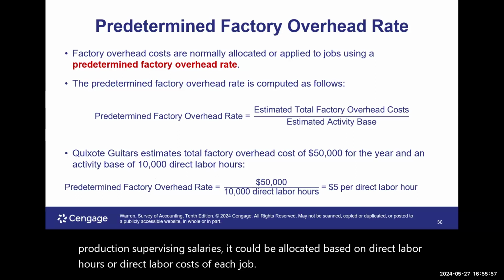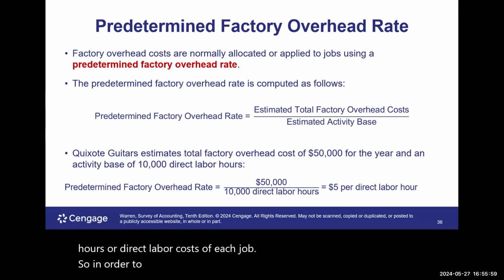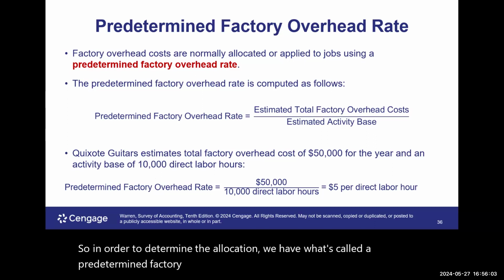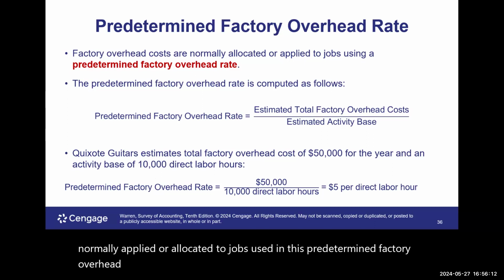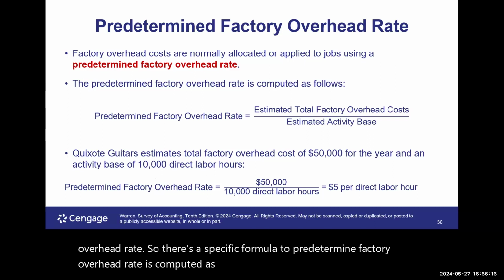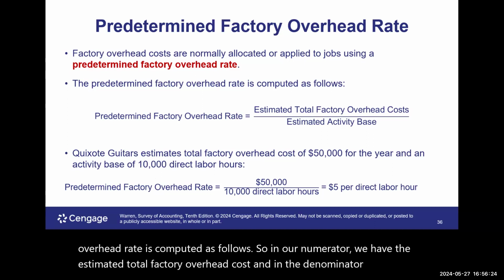So in order to determine the allocation, we have what's called a predetermined factory overhead rate. Factory overhead costs are normally applied or allocated to jobs using this predetermined factory overhead rate. So there's a specific formula. The predetermined factory overhead rate is computed as follows. In our numerator, we have the estimated total factory overhead cost, and in the denominator, we have the estimated